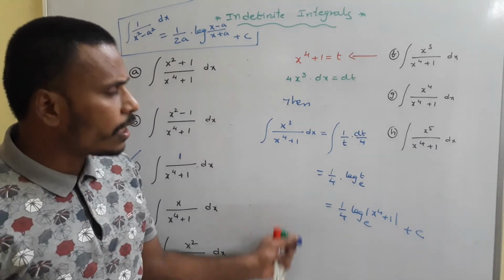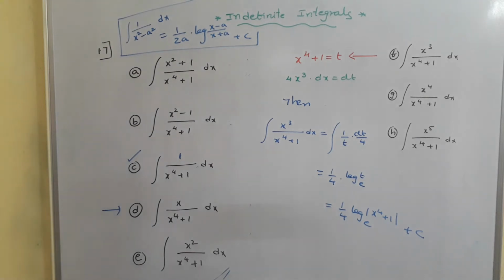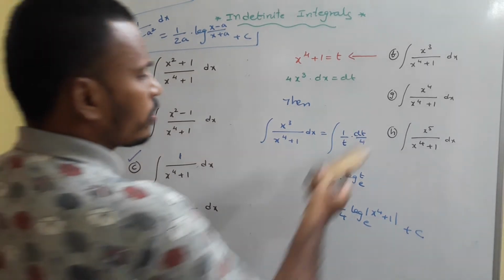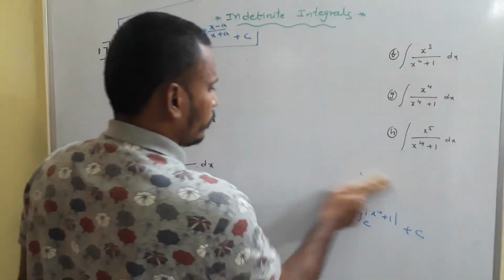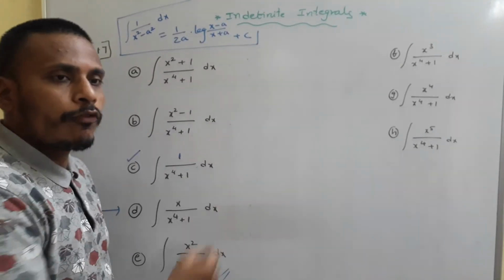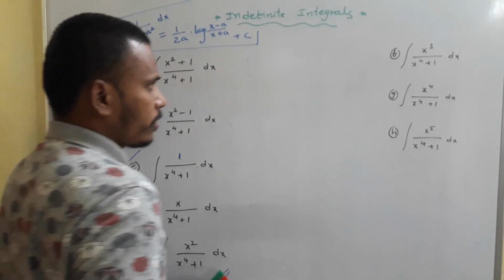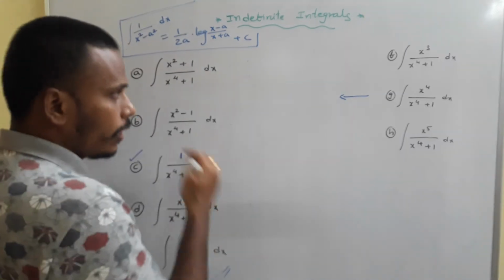Okay, in the same way you just think about g as well h. Okay, have a look. So next, after this f, think about g. How to answer that g? Integral x power 4 by x power 4 plus 1 dx. Okay, integral x power 4 by x power 4 plus 1 dx.